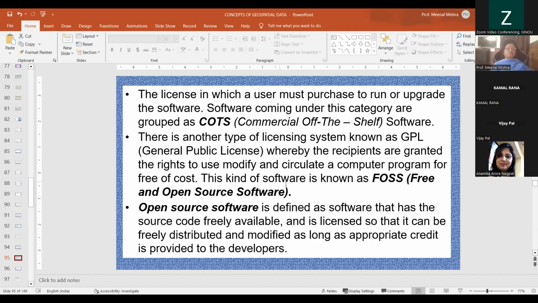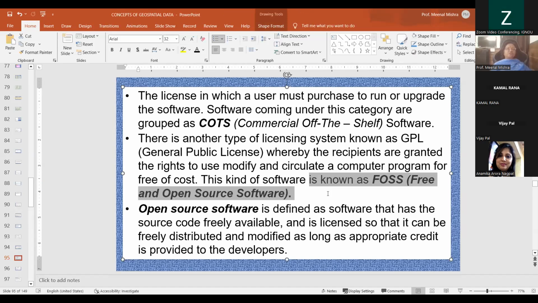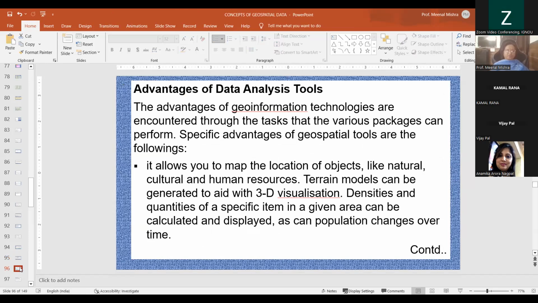So this is used for the kind of software known as FOSS, which is the next unit, free and open source software. What do you mean by open software? It is software that has source code that is freely available, downloadable, and licensed. It is freely distributed. As I think yesterday, Professor Deshmukh must have told you about QGIS, which you must have downloaded for your practical